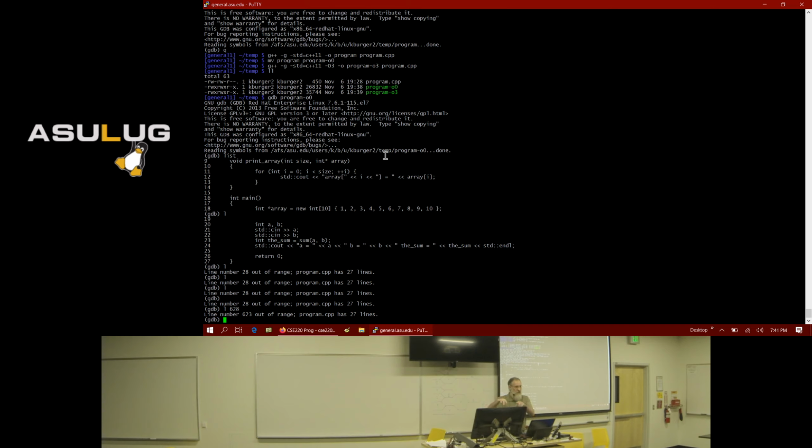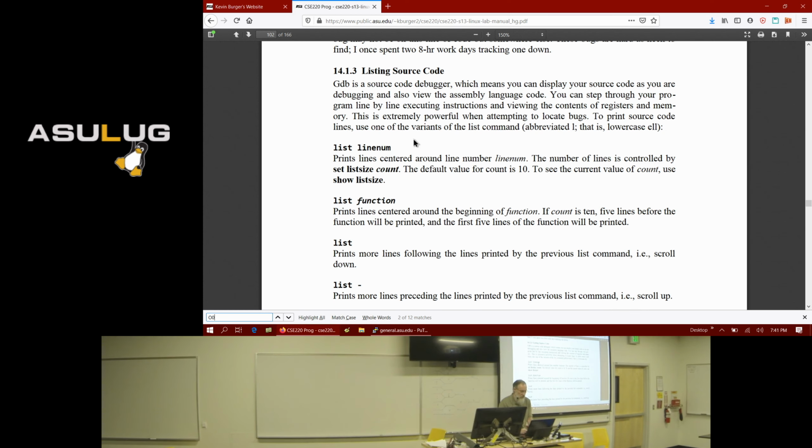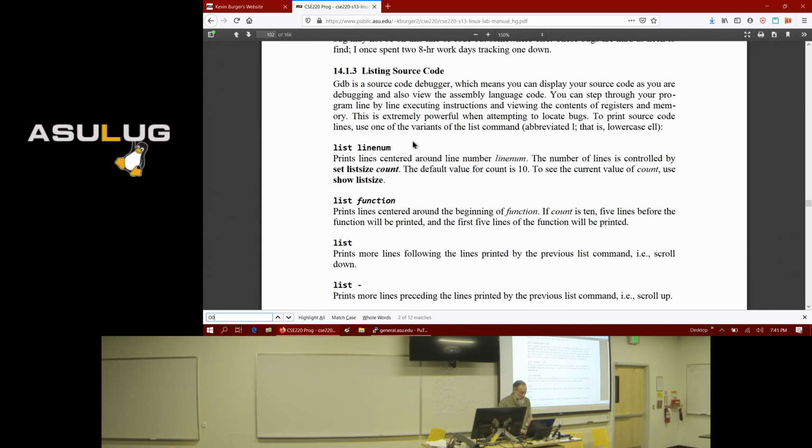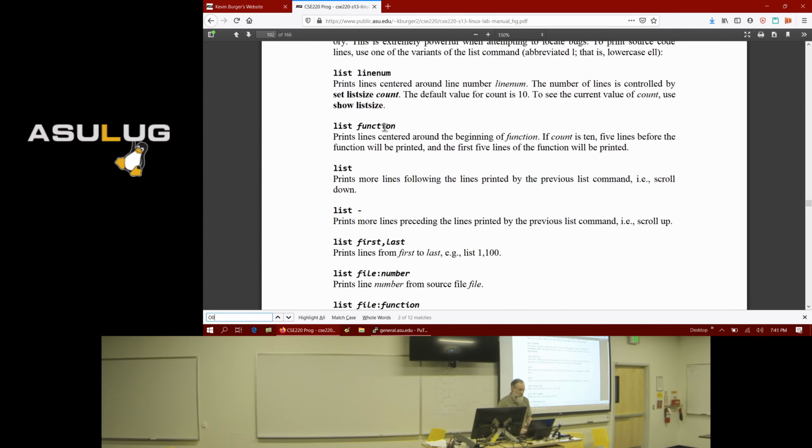As I'm debugging, if I need to look at the source code, I just switch to the editor window, so I don't usually use the list command within GDB. So what else can we do? There's different ways. If you know the name of the function, you can just say list function.